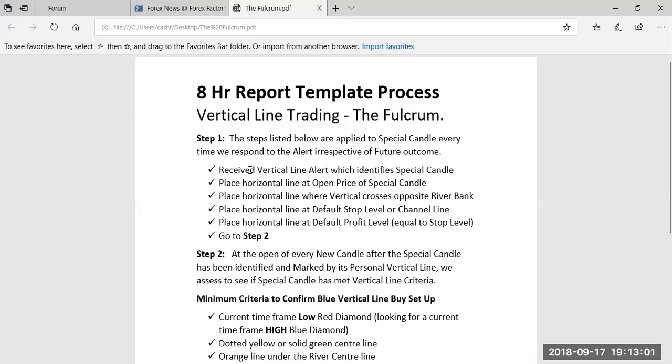Now, step 1 actually tells you which order. Okay, you received a vertical line alert, which identifies the special candle. Place a horizontal line at the open price of that special candle, which you saw me do. Place a horizontal line where the vertical line crosses the opposite riverbank, which you saw me do. Now place a horizontal line at the default stop level or channel line, whichever is greater, depending on the rule